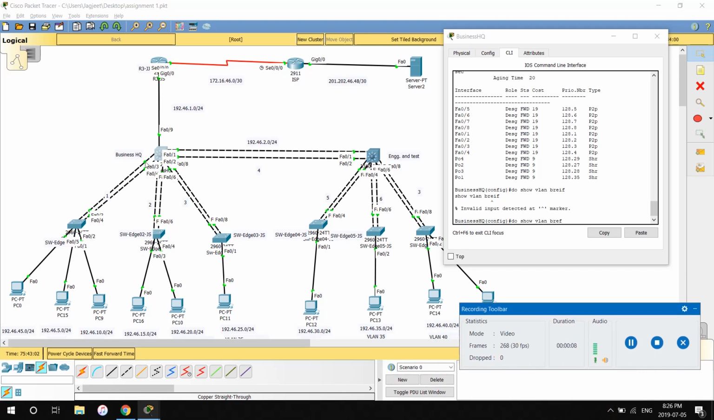I have taken two multi-layer switches and attached three switches to each of them. The multi-layer 3 switches are acting as routers, and I have created these six VLANs on this switch and these three switches, and these four VLANs on this switch and the rest of the switches. I'm going to show you on this business headquarter, and the command is